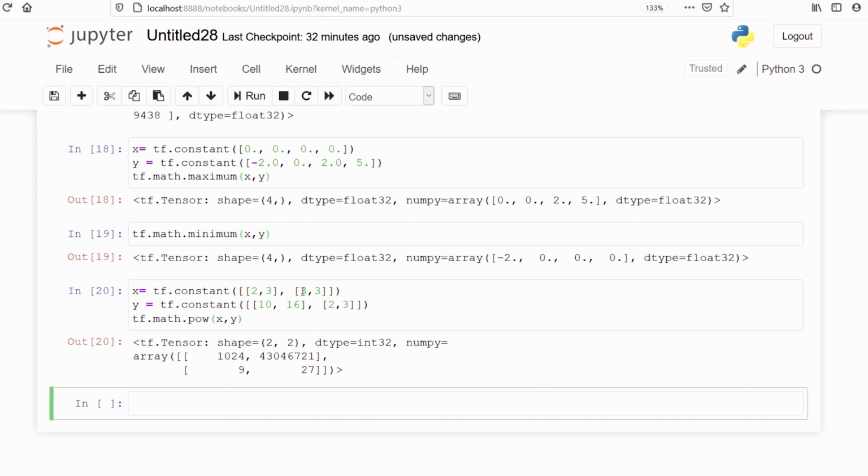Similarly here 3 is the base and the power is 2, so 3 times 3 is 9. This is how we got 9 here. Here 3 raised to 3, 3 times 3 times 3, is 27. You can calculate power; this works similar to what we see in Python. These are some of the functions which I have shown in this video. There are a lot more functions available and you can learn a lot. These are some of the functions available in the math module.